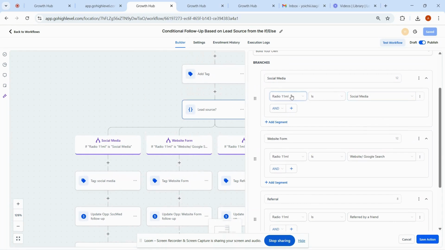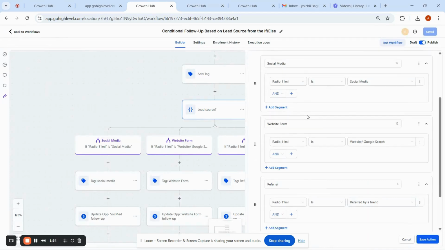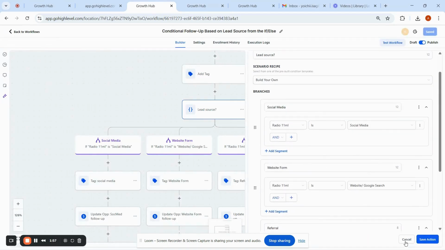So here you can see our radio. Inside the form, which is this one, I use a choice element, which is the radio. Now there are other choice elements to choose from that work just fine, but I prefer to use this one. So what's going to happen is if the lead chooses any of the sources on the radio, this conditional logic will be triggered and they will be routed